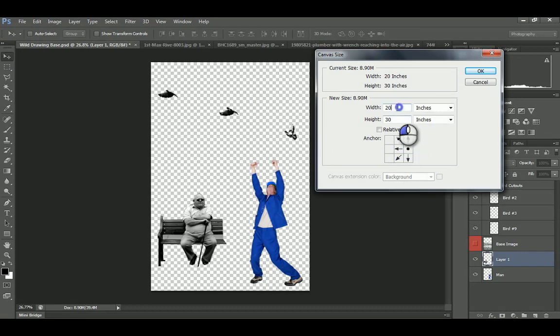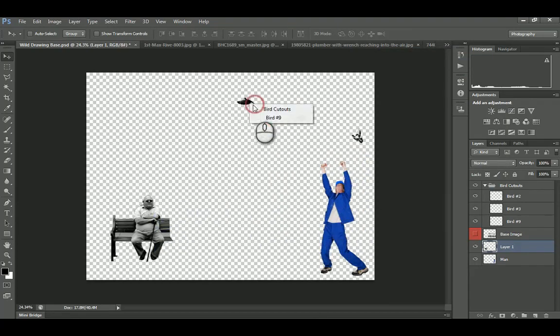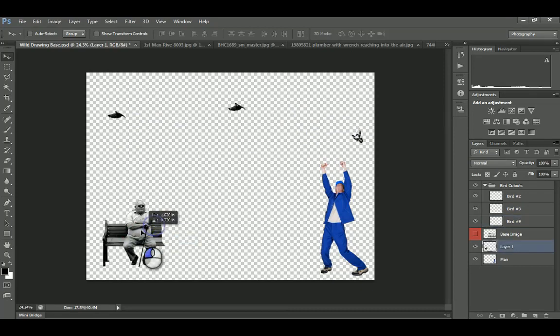So now that we've seen it here, maybe we do make our canvas size a little bit bigger. Our width maybe is 40. And we're going from the beginning to the end. Okay, so